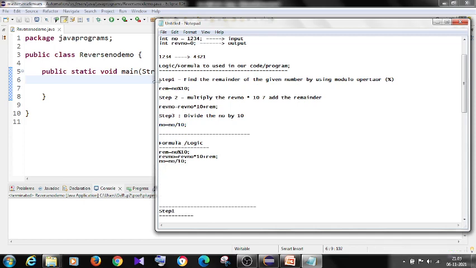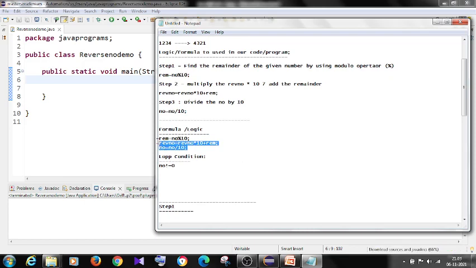And here we have the numbers. So what is the condition here? Loop condition. Loop condition will be num not equal to 0. Till it becomes 0, the loop has to run. Okay, this is the logic or formula we need to implement in our code.